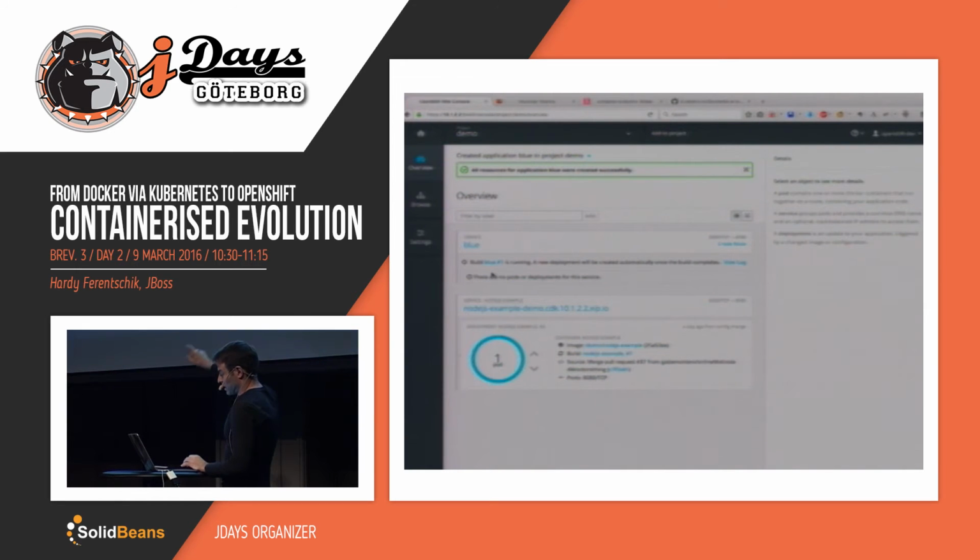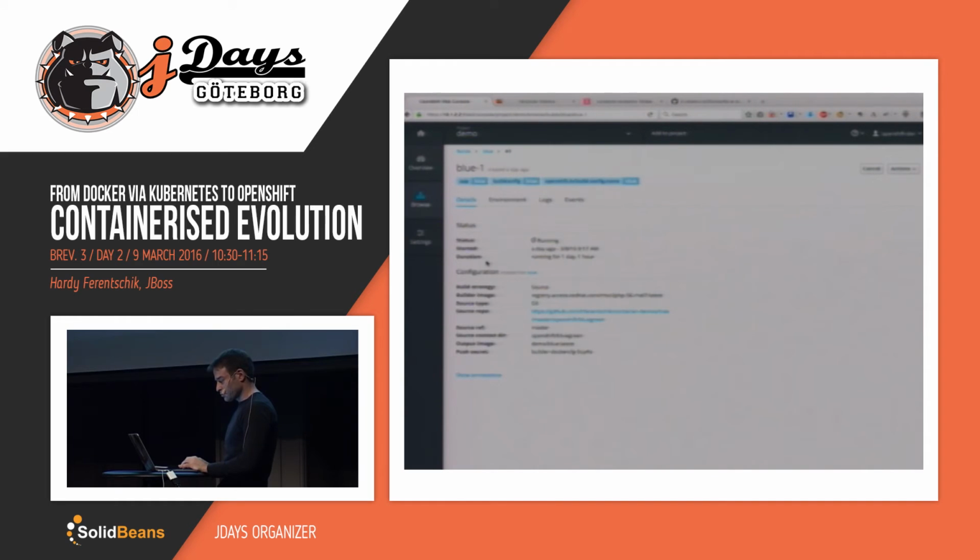So now you see here we have a build running. We can actually look at the build. And this is also the source to image. So here something goes out to GitHub, gets the source, and there is something which knows, okay, this is a PHP application. What do I have to do to get a PHP application into a Docker container to be run somewhere on the cluster?